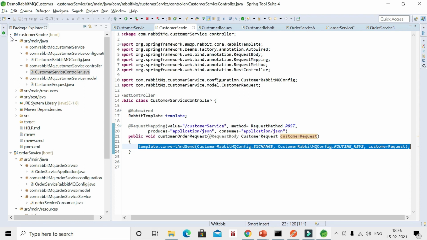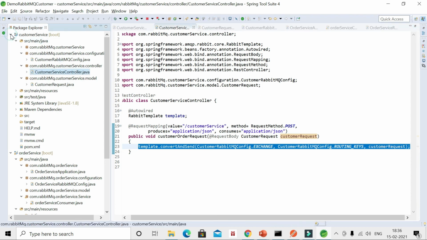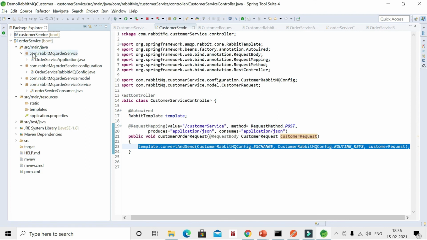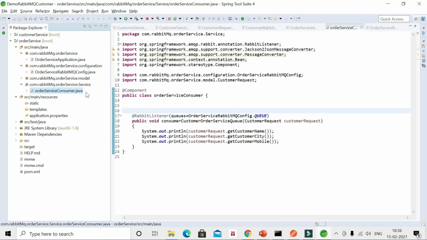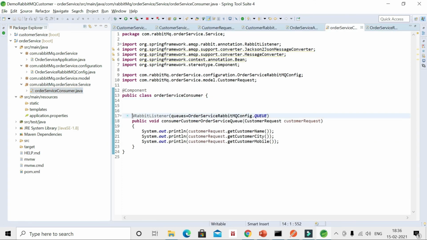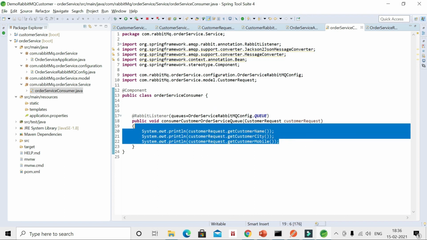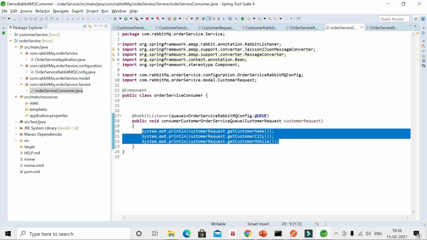We also created another project where we are consuming this. We have an order service consumer class, which uses @RabbitListener containing the queue name, and we are displaying the queue data here.